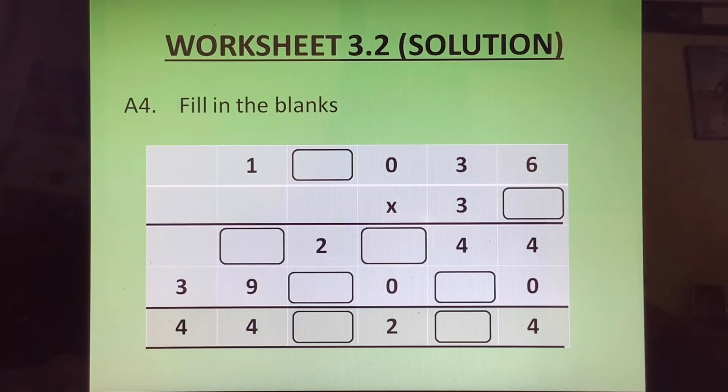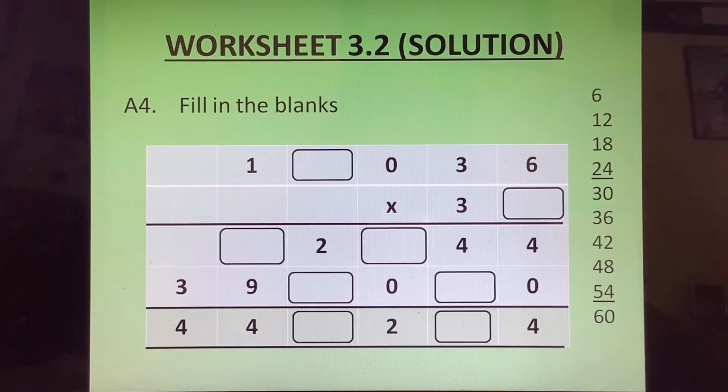Question 4. Fill in the blanks. Now remember the procedure of multiplying. You have to multiply the first digit. You have to multiply this digit with 6. Now we don't know what is there in this blank, but the answer should have 4 within it. Let us write the table of 6. So in table of 6 we have 4 in 6 4s are 24 and 6 9s are 54. So either 9 will come or 4 will come.